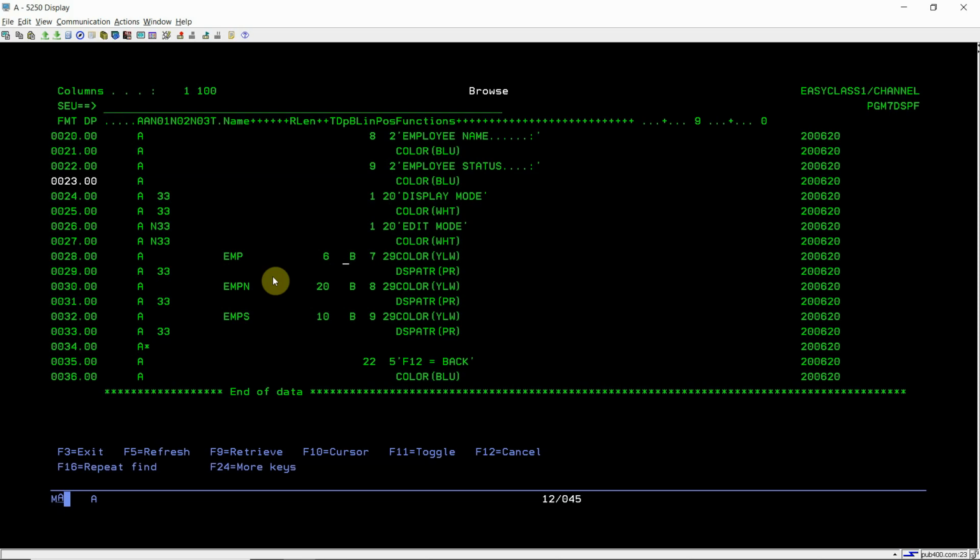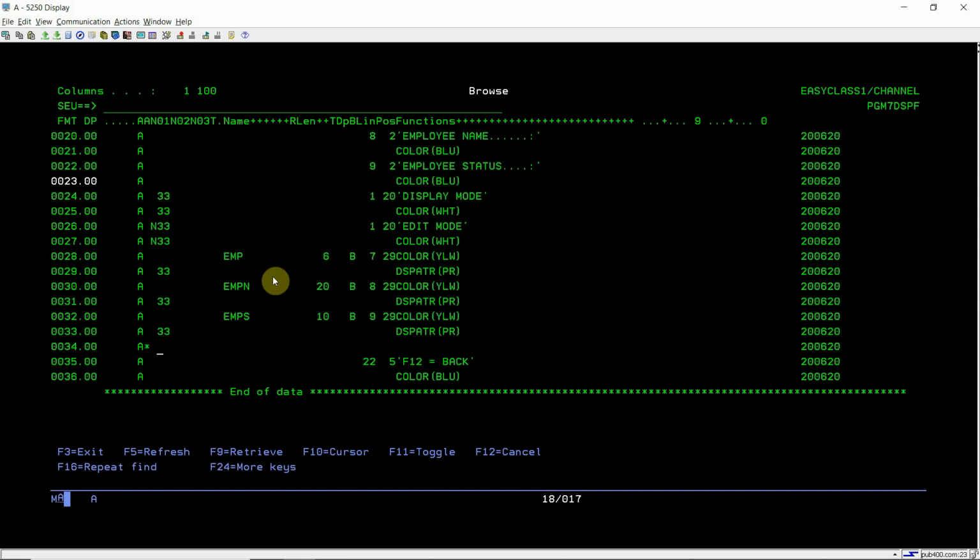You can see that all of the fields are declared in both modes, which means that whether we perform input or output, we can do both on these fields. Here I use the DSP-ATR keyword with the PR option, and then I use the indicator 33.